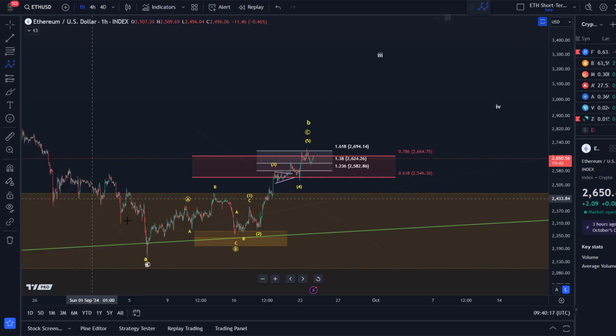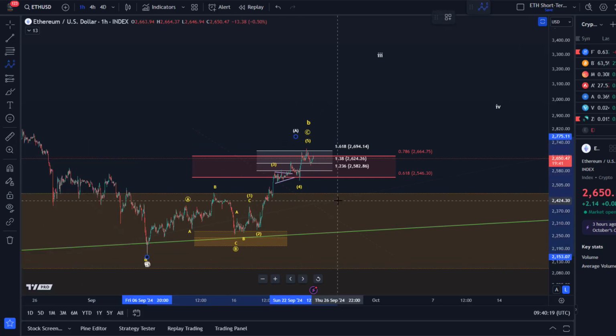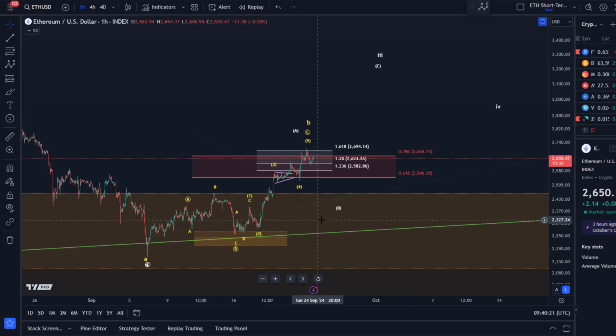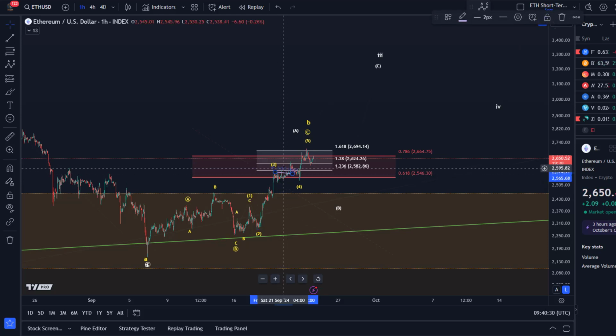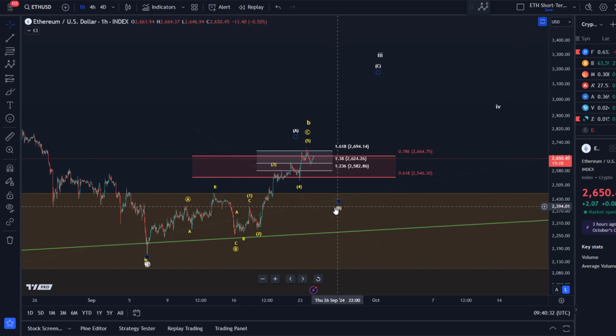It is possible that, for example, if this is the white count, we're doing this A, B, C. So I take out that support area down there, tidy it up a little bit. If we see the price give us a pullback in this white B wave, then I will add a support area. And if we break that, that would be further confirmation that we're heading down to 1790. I did mention that in a Bitcoin video as well. On the daily chart, I added a support area on the Bitcoin chart as well, which could be another opportunity should the price give us a pullback.